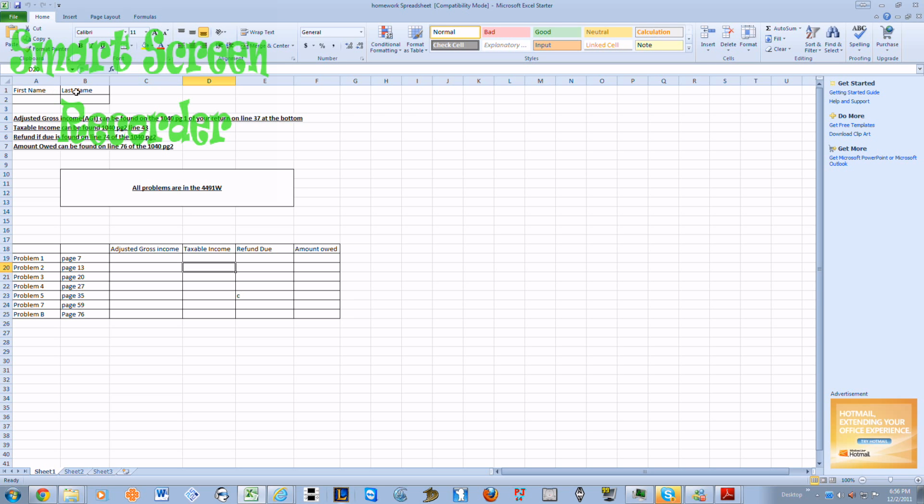So up here you're going to see a first name, last name. That's where you're going to enter your first name and your last name. These 4 lines here show you where you can find the columns that we require for each return. Now the first line is going to be